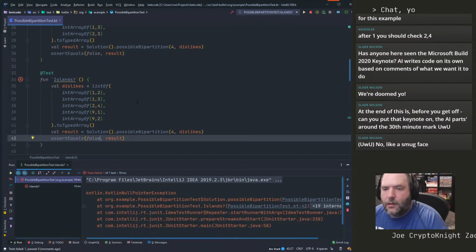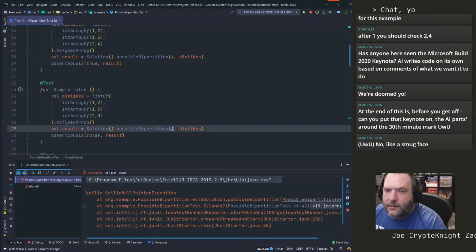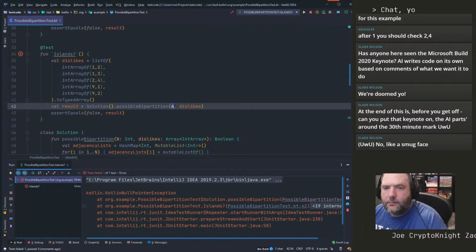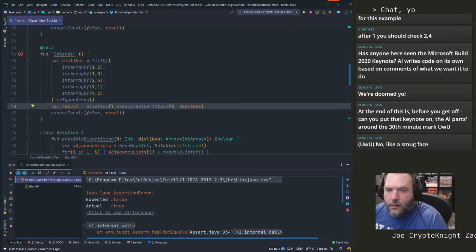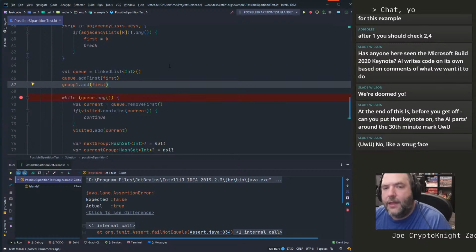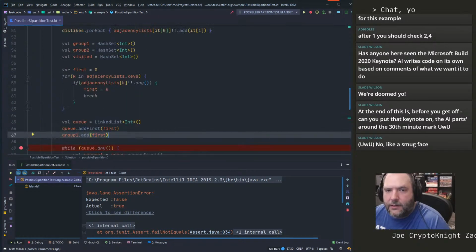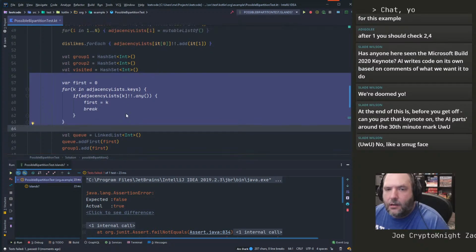There we go. Oh, wait, null pointer exception. What happened there? Oh, because I didn't set this up to 9. Not that one, this one. All right, good. So we expected false, we got true because of that problem. So what we can do here is, instead of this nasty bit where I go through and try to find the first item, what we can do